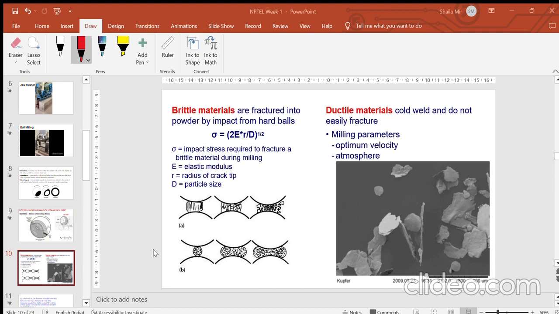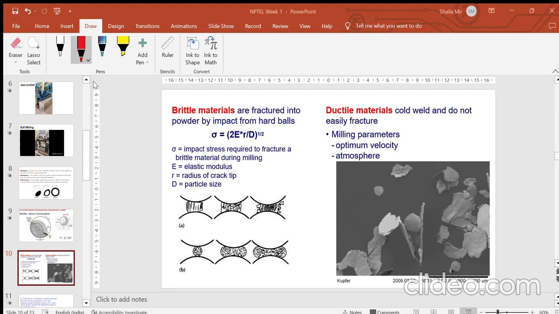where this is the typical process for a brittle material. The brittle material in contact with the two surfaces will break down into pieces, while the ductile material, which are basically the metals, will try to elongate as the compression force or any kind of force is applied on the metals. So it will try to flow out or elongate in one direction because of the inherent